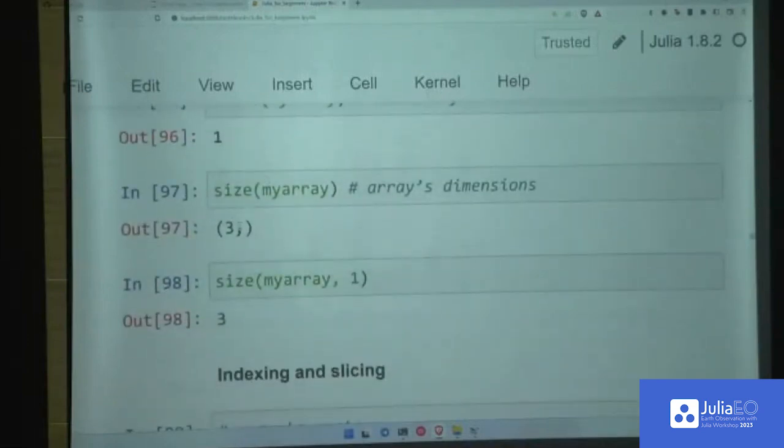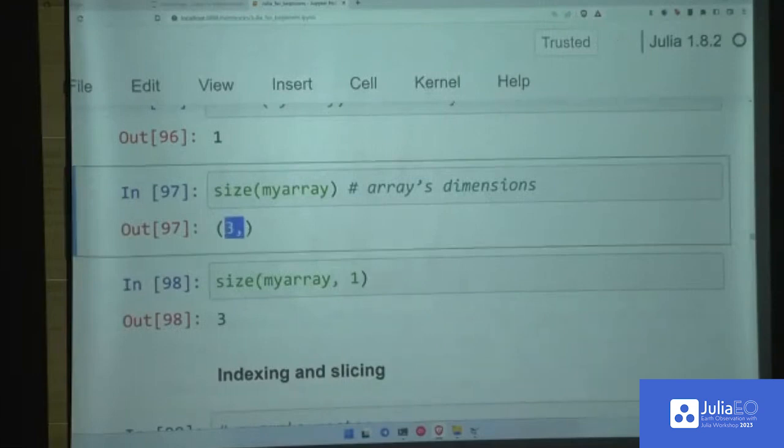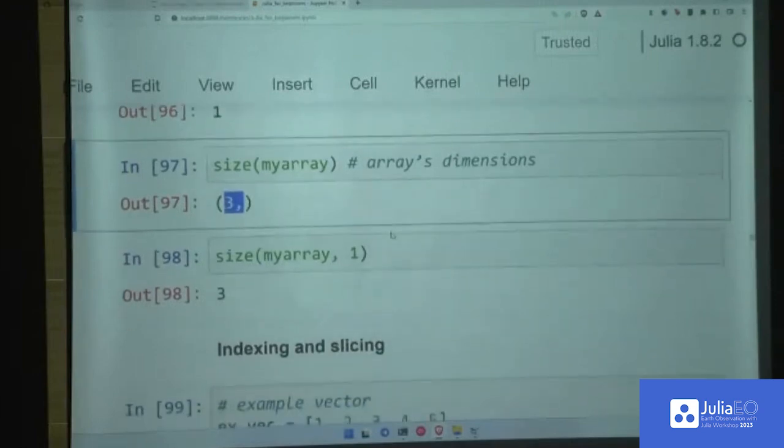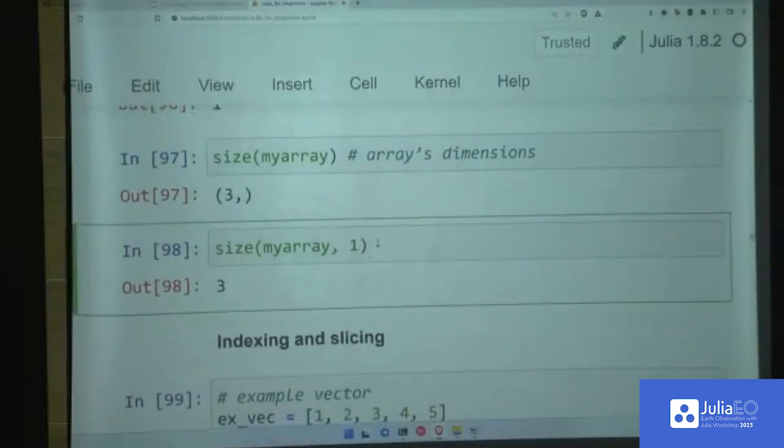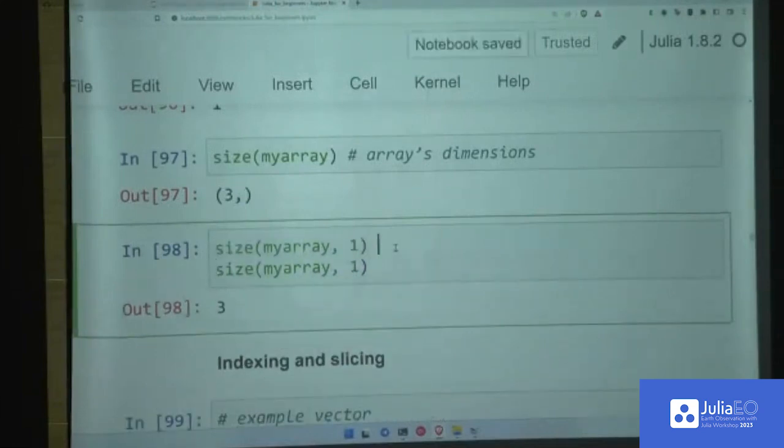And yeah, size returns a tuple with all the sizes for each dimension, which also has a second argument where you can basically index into the tuple. So this is just defined as basically